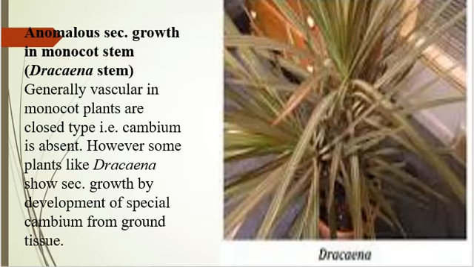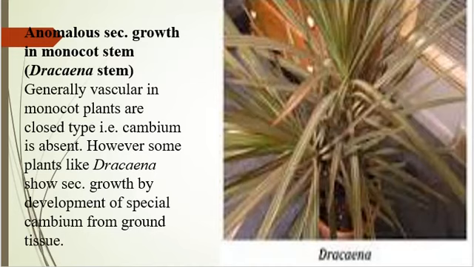Hello students, today we talk about the anomalous secondary growth in monocot stem. The example is the Dracaena stem. Generally, vascular bundles in monocot plants are closed type, that means the cambium is absent. However, some plants like Dracaena show secondary growth by the development of a special cambium from ground